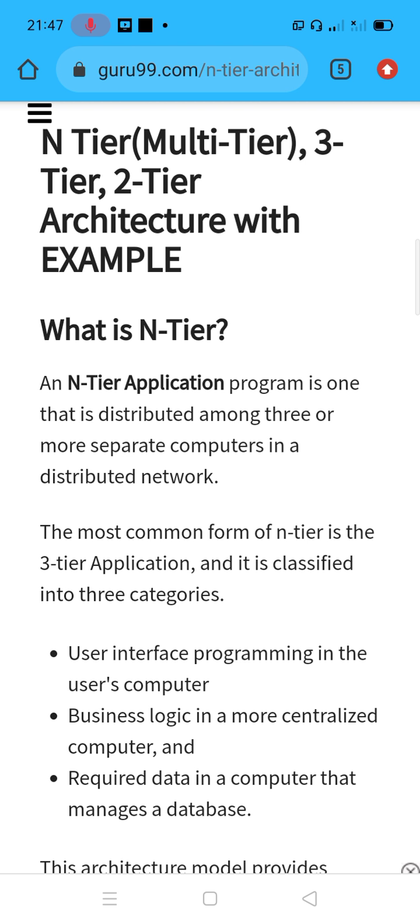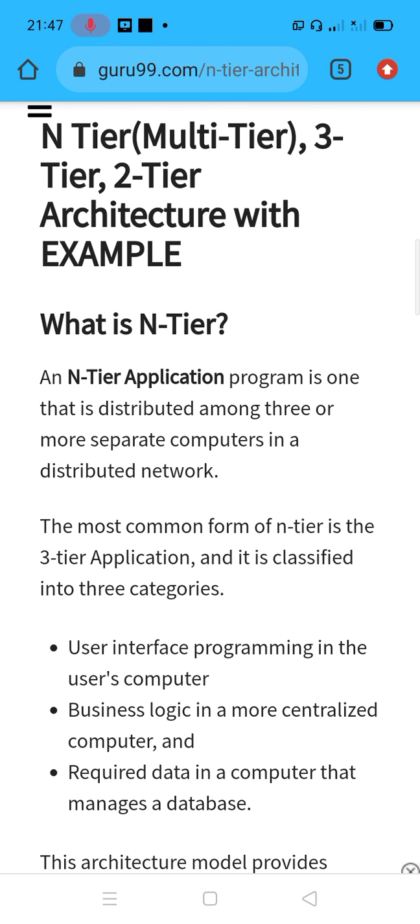Okay, so generally, in a client-server architecture, we have only two tiers. One is called the client tier, and the second is called the server tier. We will not call these things a client machine or server machine. So we have discussed these things. We call it a server tier or client tier because in the case of the client tier, we have